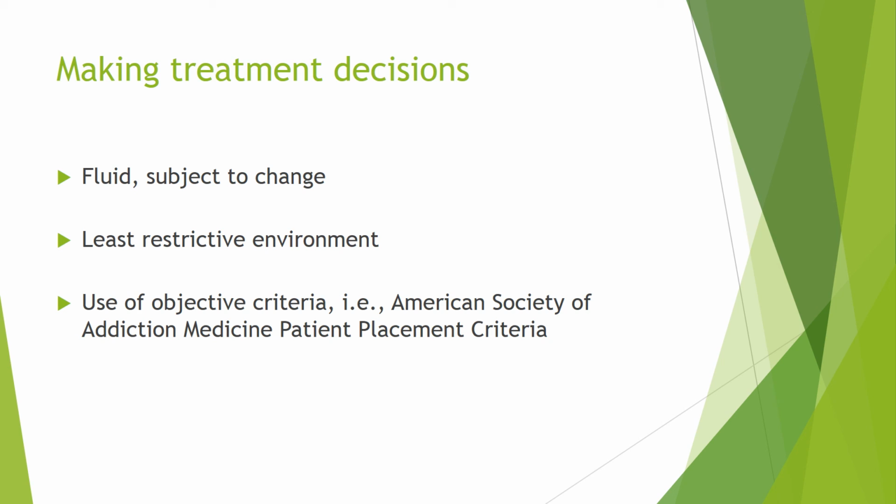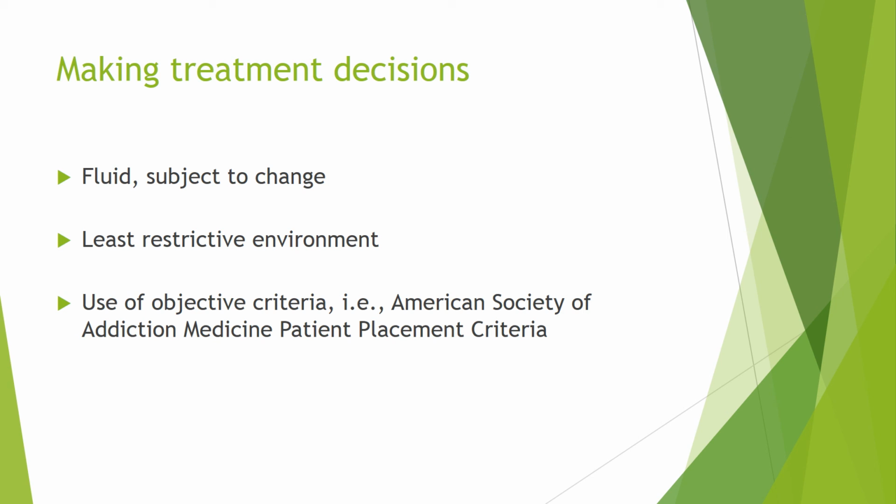A more restrictive environment would be intensive outpatient, partial hospital program, day programs. Step up from that would be residential or inpatient. Step up from that would be medically monitored, potentially a locked program. So we're going to talk about this concept, but recognize that people should be treated in the least restrictive environment,